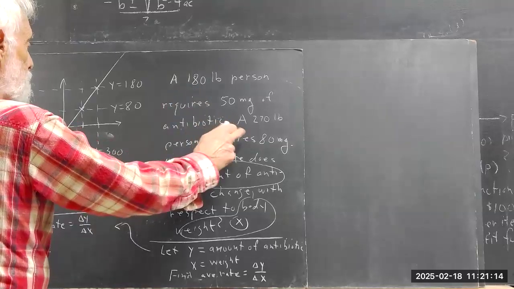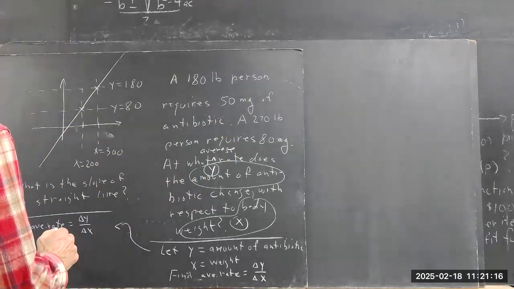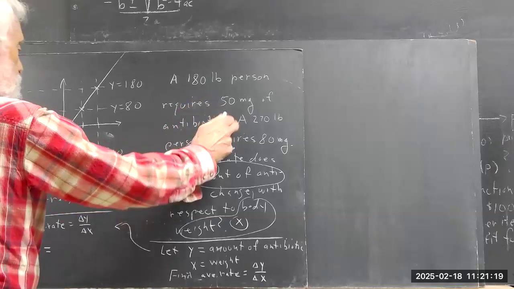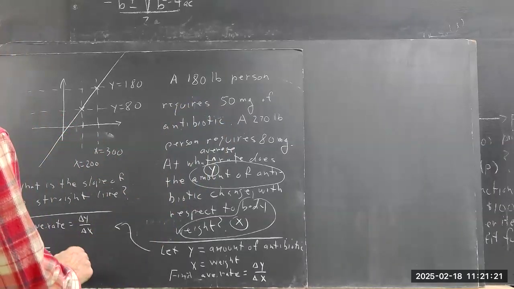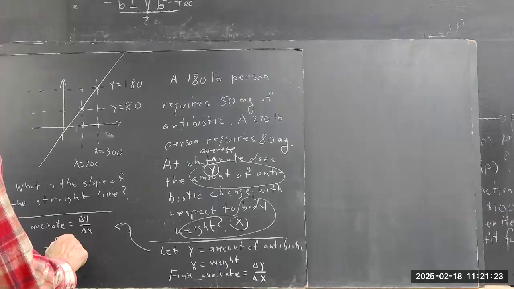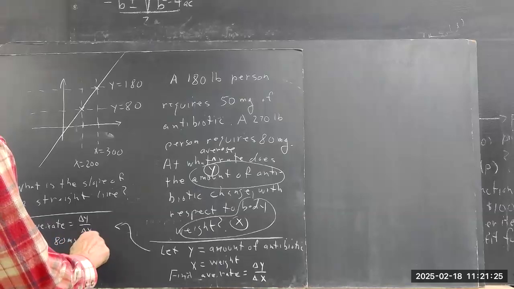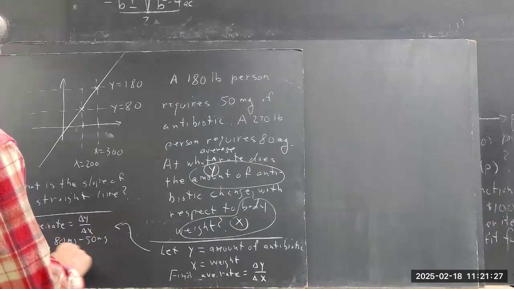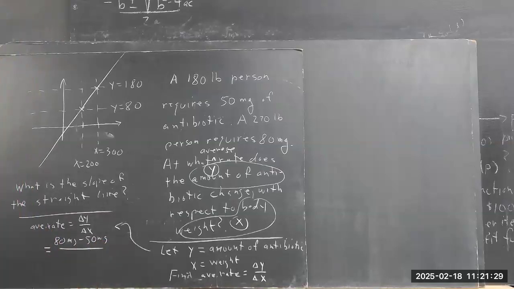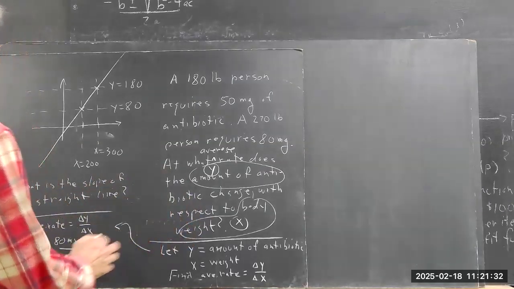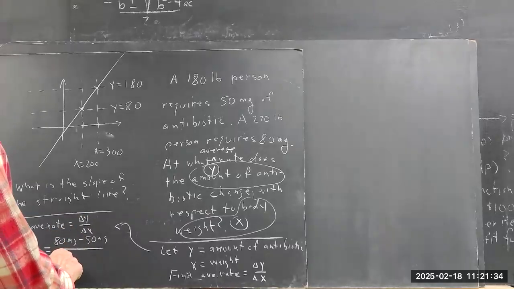It's the difference in the two amounts. It's 80 milligrams minus 50 milligrams. And the change in body weight,